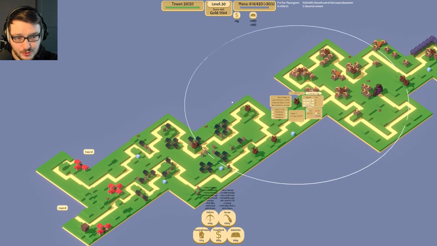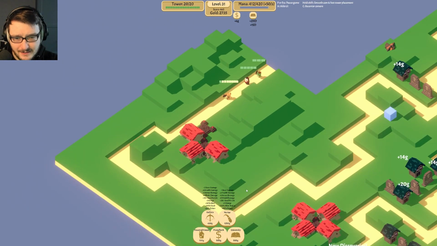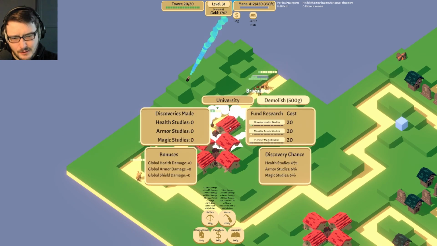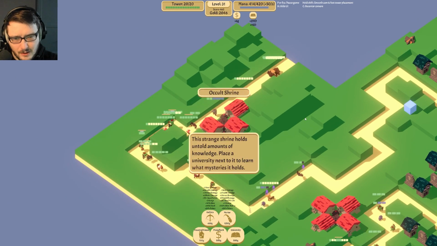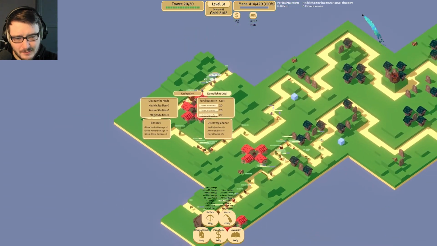That is huge, by the way. Let's expand here. We got another health damage. Now this is a double. This is actually probably like a tier 0 university spawn over here. We only got 2 more universities out of this occult shrine. Really, really bad spawning. If I had known that was possible, I probably would have picked a different place